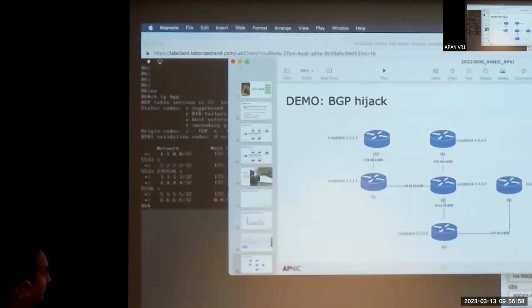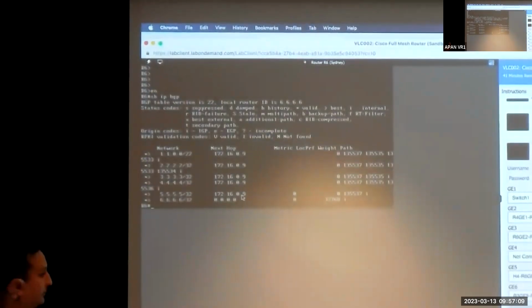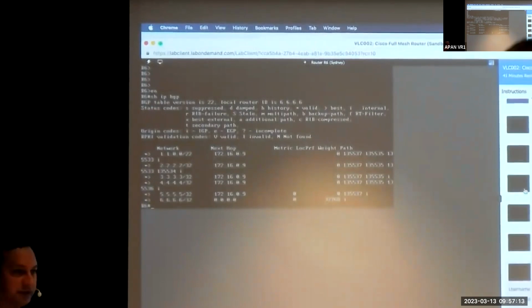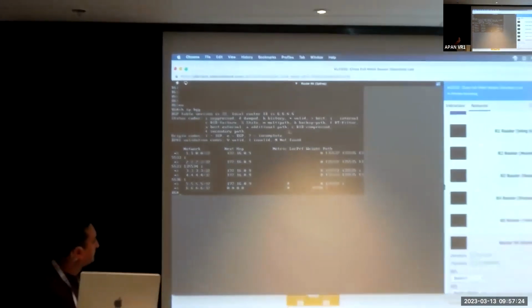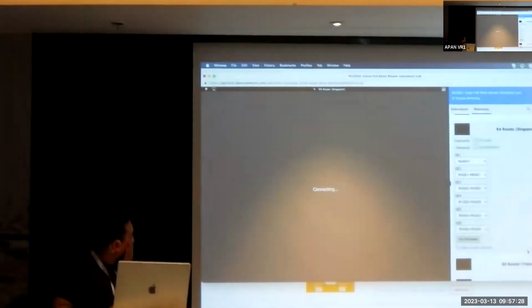So there have to be 3 AS numbers in the path. This is what we see: 1, 2, 3. Now what I'm going to do on router 4 is announce a more specific prefix, because that's what we learned earlier. Router 1 is advertising a /22 network, so what I'm going to do here on router 4 is